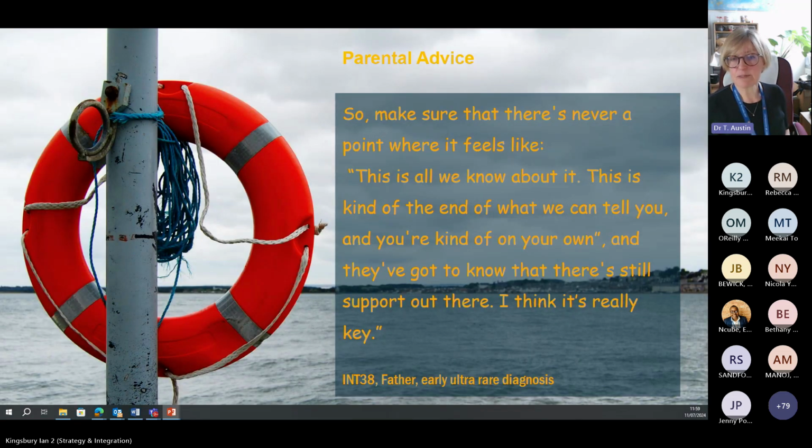And here is a piece of advice from a parent with an ultra-rare diagnosis in a daughter. He said that it is really important that even if you don't have that full knowledge of what the future holds for a family, the family should never feel that they will be facing this path alone and that there is no further support available to them. So it's important to acknowledge parents' ongoing uncertainties and concerns over the future, and to make sure that they know where to turn for